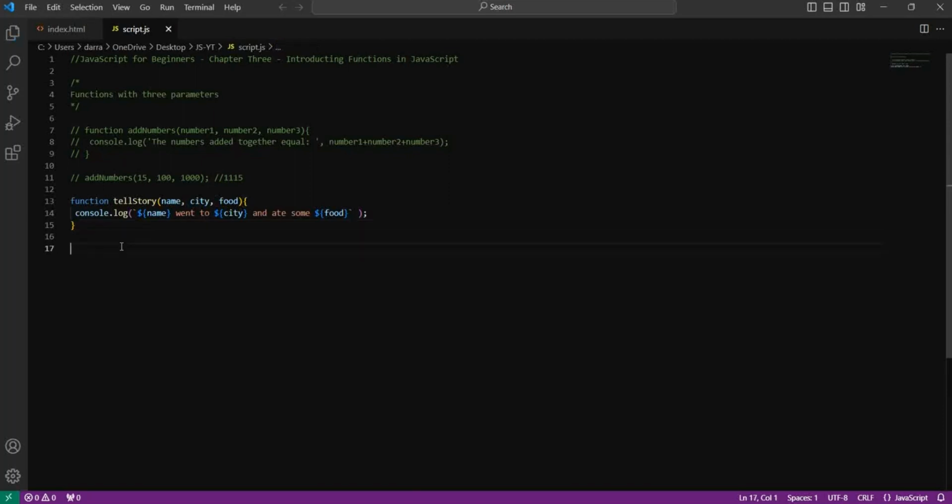Now, the reason I've created this function with 3 different parameters is I just want to emphasize how the order in which we pass in arguments to the function matters. So if I say tell story, right? If I want to say Jessica went to city Paris and ate some, I don't want to say pizza